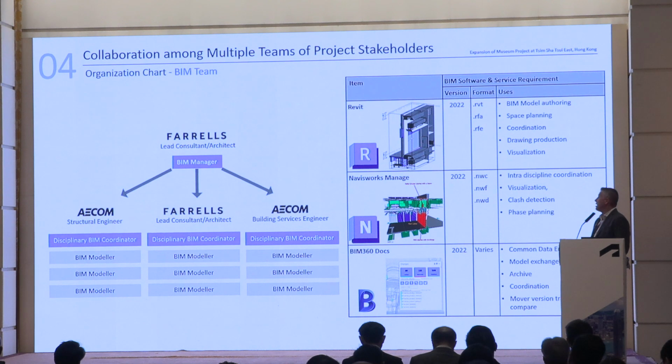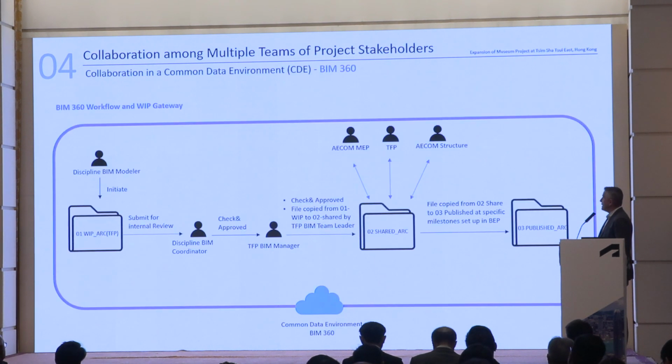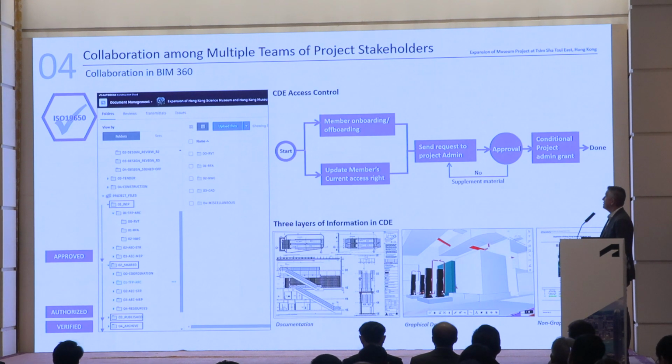And then we need to set up the way of working. We work in the cloud. We work with the common data environment, BIM 360, and we define the workflow for our firm and also for our sub-consultants. We work in BIM, collaborating in BIM 360, which is compliant with ISO 19650, and thanks to